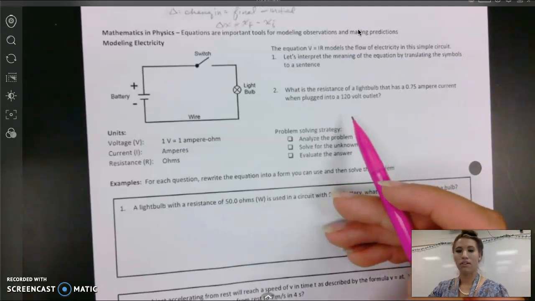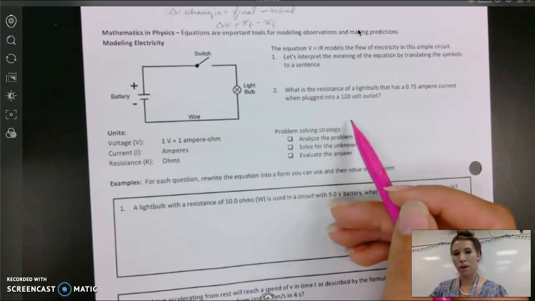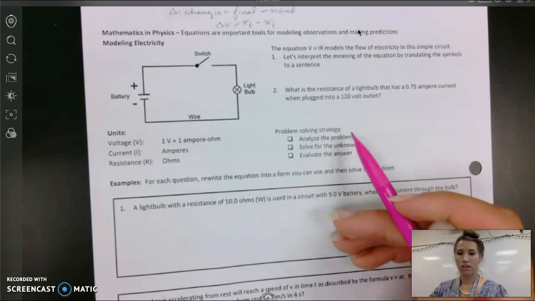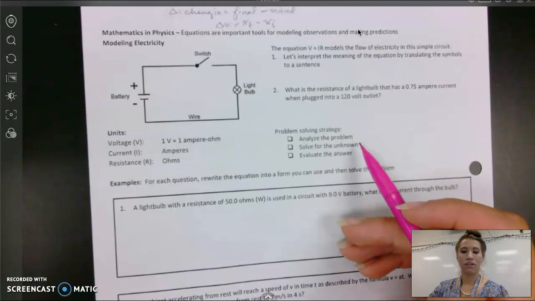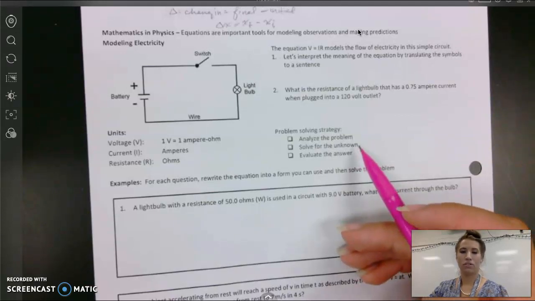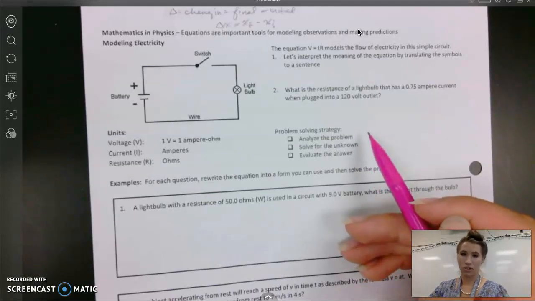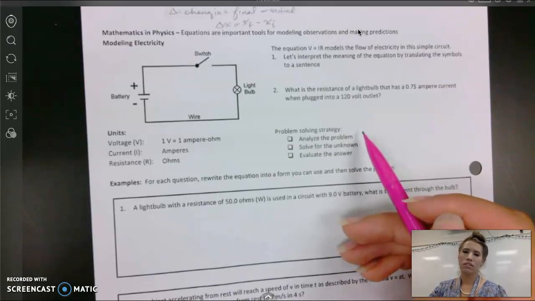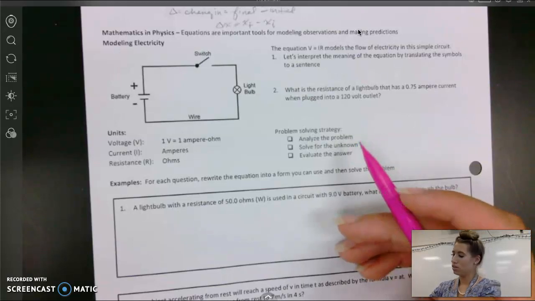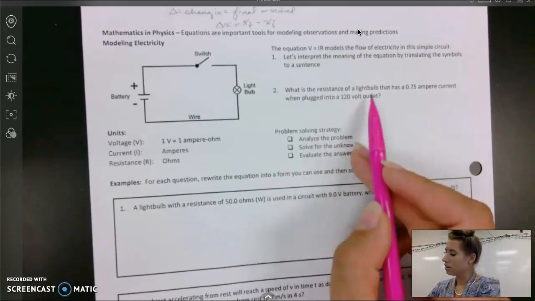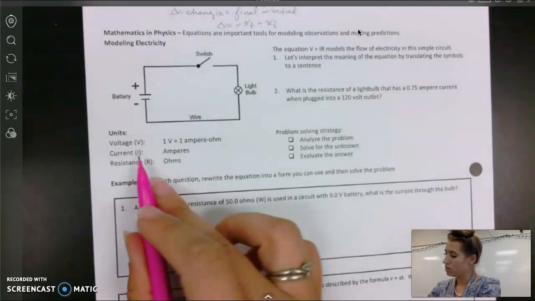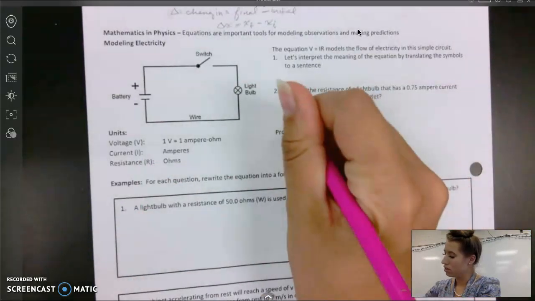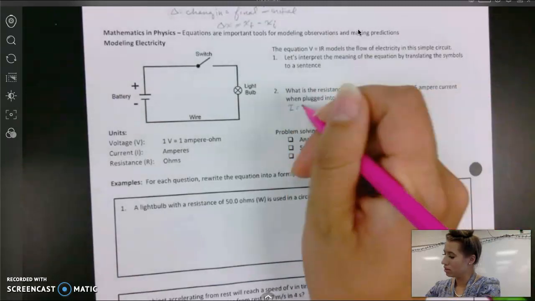Right, now, anytime you come across a problem, you should be following these 3 steps. You should analyze the problem, and then you should solve for the unknown, and then evaluate the answer. So when we analyze, we want to list our knowns and our unknowns, what we're solving for, and also look and see which equation we want to use. So I'm going to analyze this, and I'm going to go, okay, I have amps, which is current, so I is going to equal